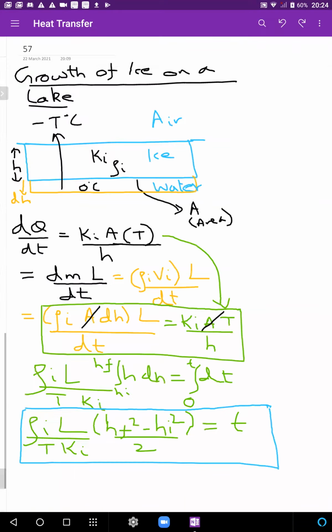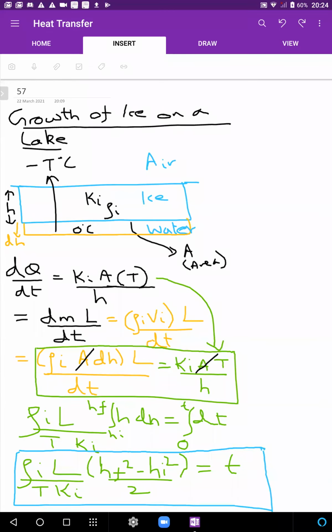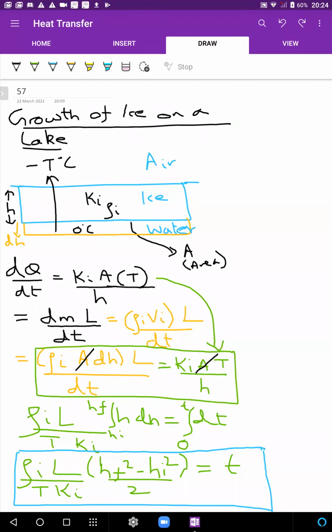There are so many question types, right? It's like trying to remember the result of integrating for a sphere. Oh yes, what is T and what is capital T here? So capital T is atmospheric temperature. In fact, minus T is atmospheric temperature. So if I say that the temperature of air was minus 32 degrees, then you would replace T with 32 over here. See? And small t is time. Got that?